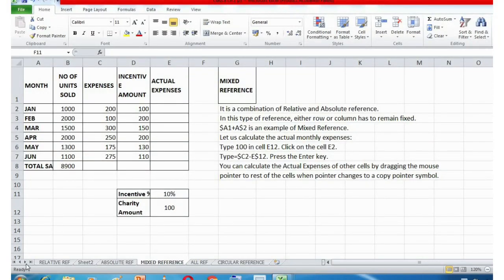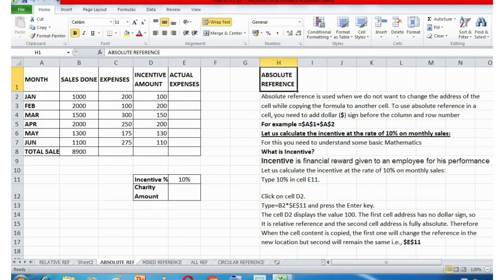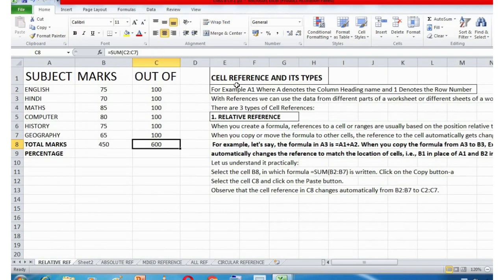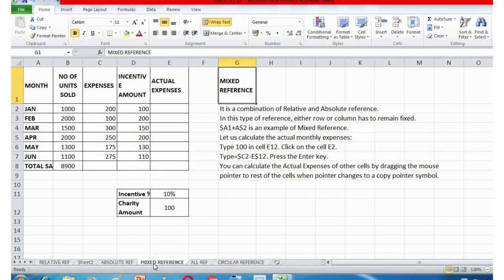Today, we are going to start with the next few topics of our chapter, spreadsheet, formulas, and functions. In this part, students, the first thing that we are going to study is the mixed reference. In the previous part, we talked about absolute reference and relative reference. So in this part we will talk about the mixed reference.